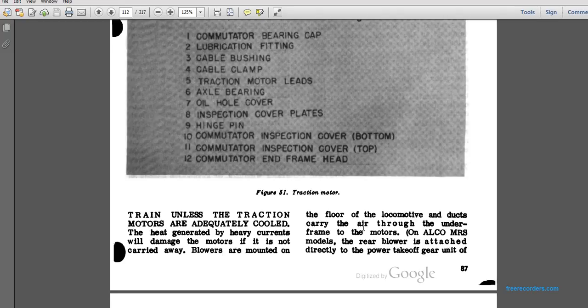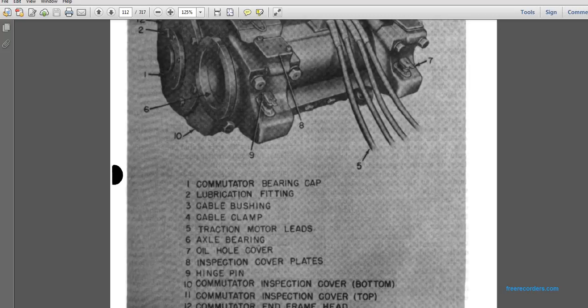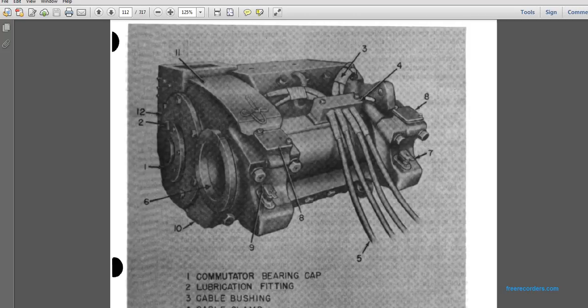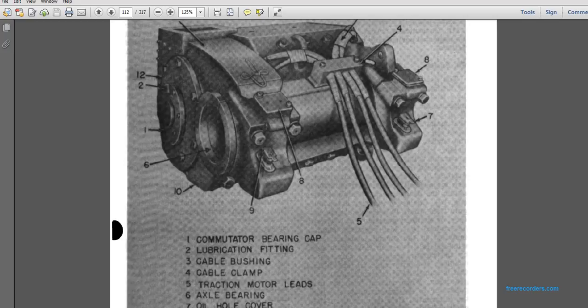Blowers are mounted on the floor of the locomotive, with ducts through the underframe to the motors on the models. The rear blower is attached directly to the power takeoff of the gear of the unit. This shows a blower with 1, the commutator, 2, the lubricating fitting, 3, the cable bushing, 4, the cable clamp, 5, the traction motor leads, 6, the axle bearing,